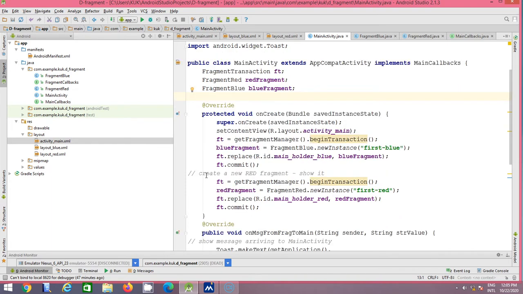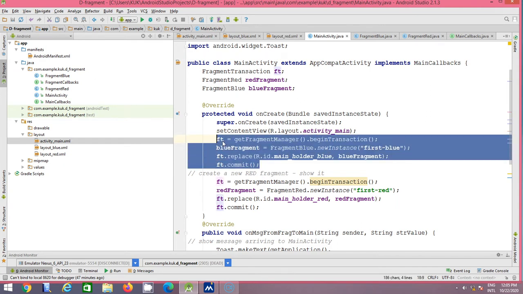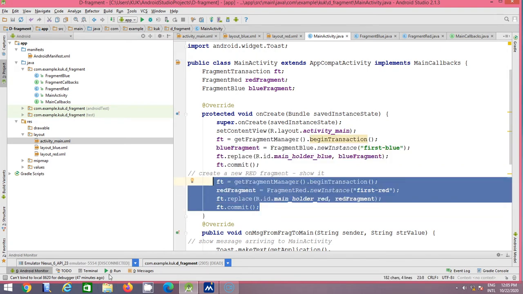In the dynamic approach, first we call begin transaction, then we initialize the fragment, then we add the fragment with the help of the replace statement and commit. So these four statements are used for creating any fragment dynamically. The first 4 lines are for your blue fragment, then the next 4 lines for your red fragment.